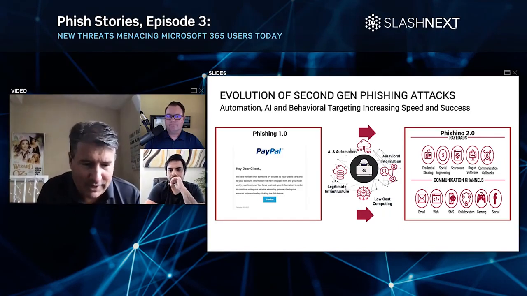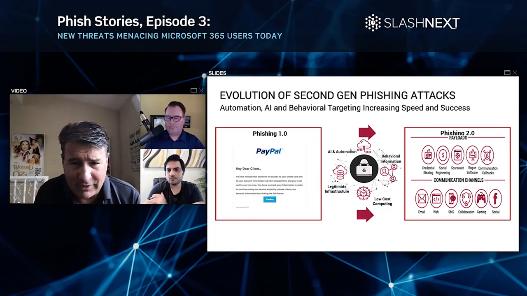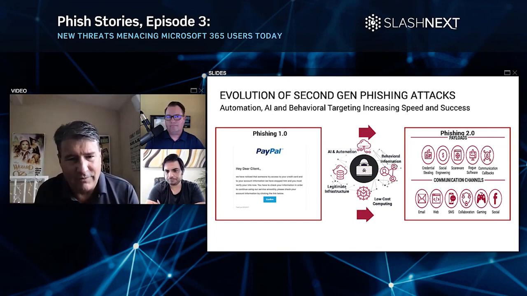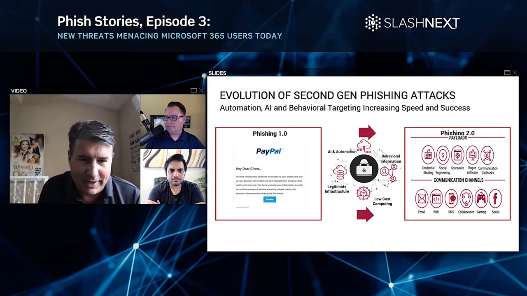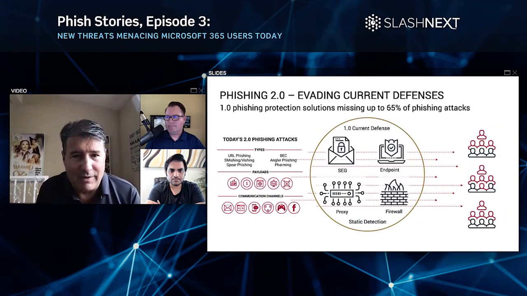That's the reason why I wanted to invite Atif on here as it relates to Microsoft 365. We are seeing a significant evolution and generation of these attacks. They're extremely targeted, and they're coming across different channels of communication. So let's talk a little bit about Microsoft 365. Why has the attack surface opened up so much there? A, it's the most popular productivity tool on the planet. B, you not only have email, you have OneDrive, you have Teams, you have other communication channels where I can reach a phish to you and target it with very specific information.